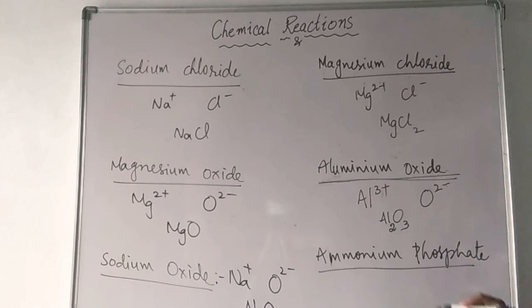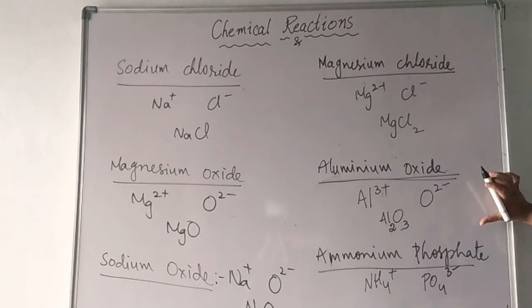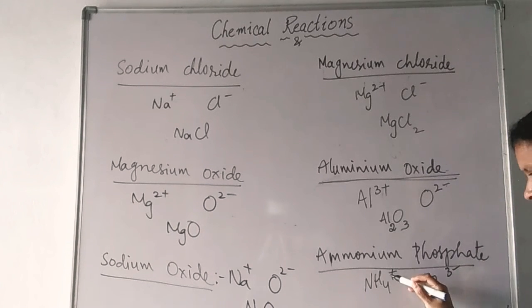Now we'll see ammonium phosphate. NH4 plus, as we have seen, it is a monovalent polyatomic ion. Phosphate, PO4 3 minus, a polyvalent polyatomic ion. Now what you do here? +1, here -3. And many times students will change the subscript that is already there for the symbol or for the ion. So don't change it.